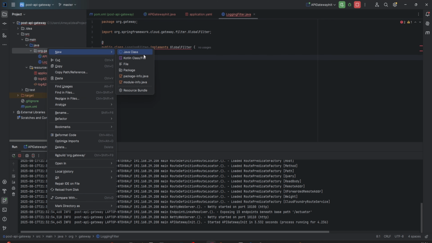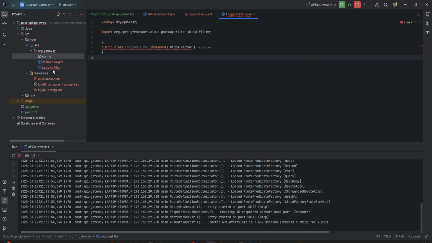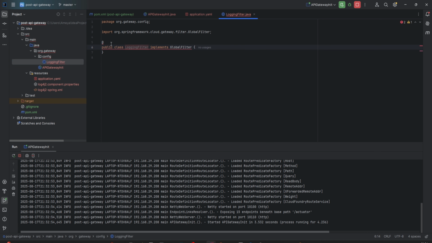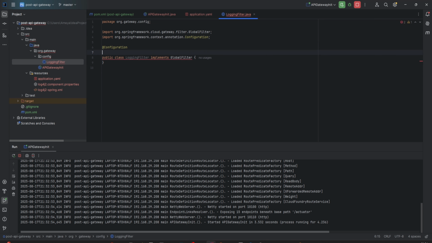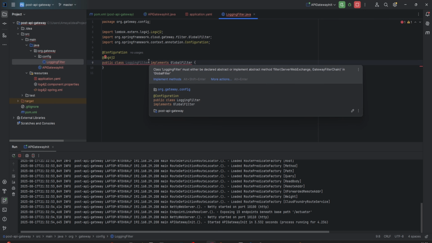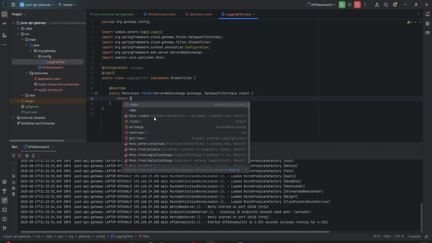So what I would do is, let me create a package in here, config, and let me put it inside this refactor. Okay, add configuration, and it should have a log4j2, and it will implement this method. Now, what this method is that whenever we execute any command or send any request to the API gateway, this filter would be called. Now, let me do this chain